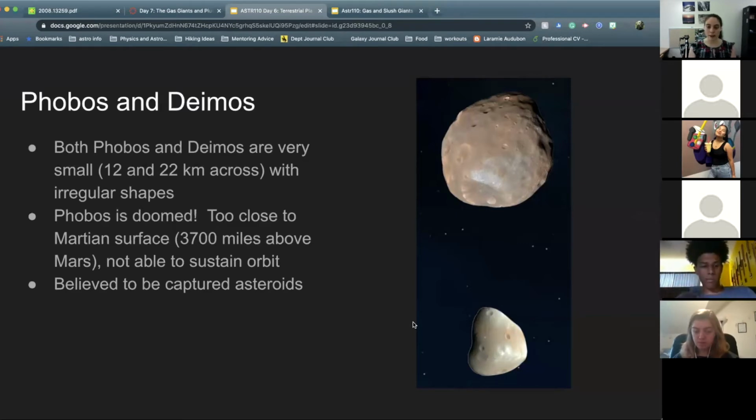So that's kind of our terrestrial planets. We had Mercury, Venus, and Mars, as well as the Earth and the Moon, which we covered pretty well. And we kind of played around with how we can use geological techniques like we do on Earth on the other planets by looking at cross-cutting of surface features as well as craters to try to age the surfaces. So those are kind of the big things I want you to take away from this section.